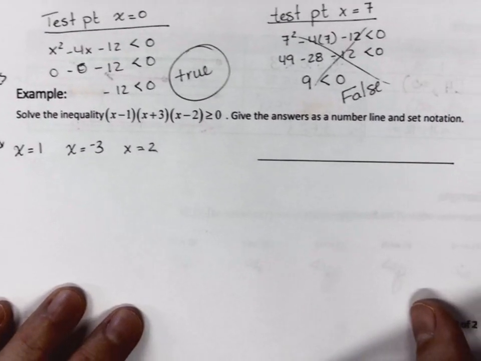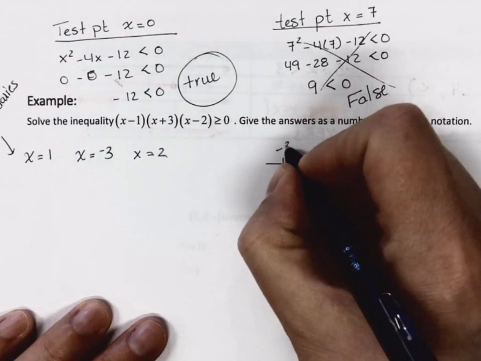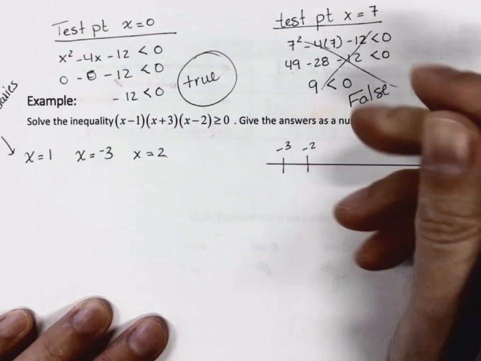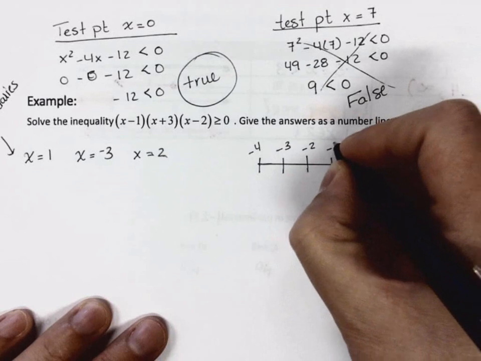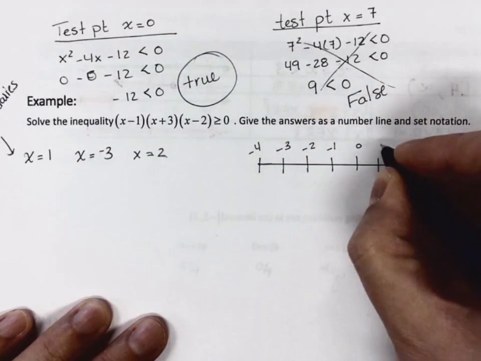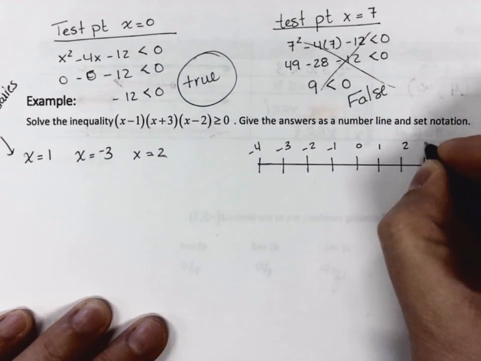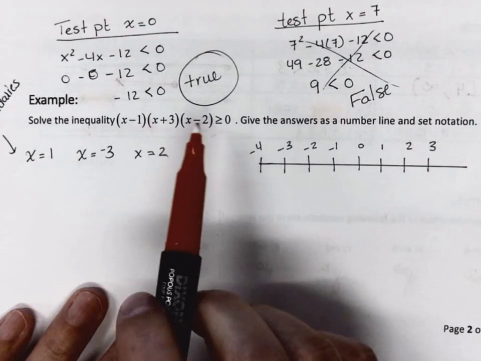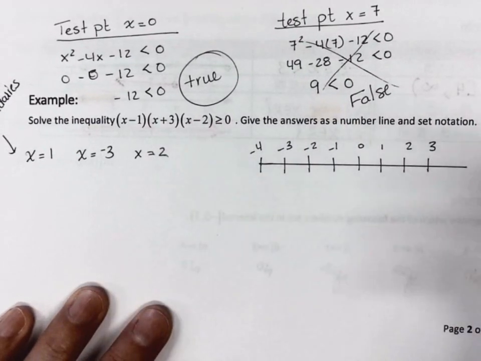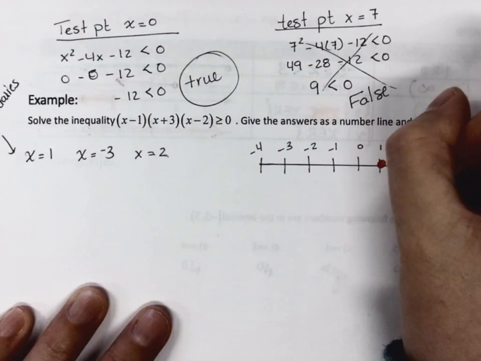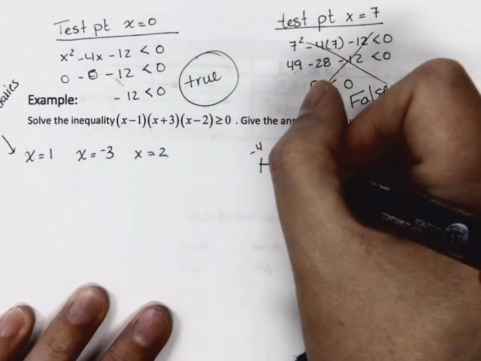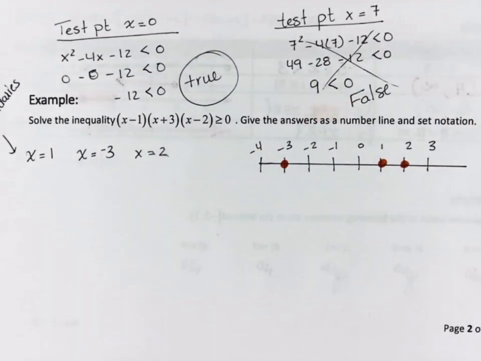So when I do my number line, because this is the equal to sign, that means it's a closed circle at all of these. So I've got a closed circle here, a closed circle here, and a closed circle here. So now I've got 3 x-intercepts, and I just have to figure out